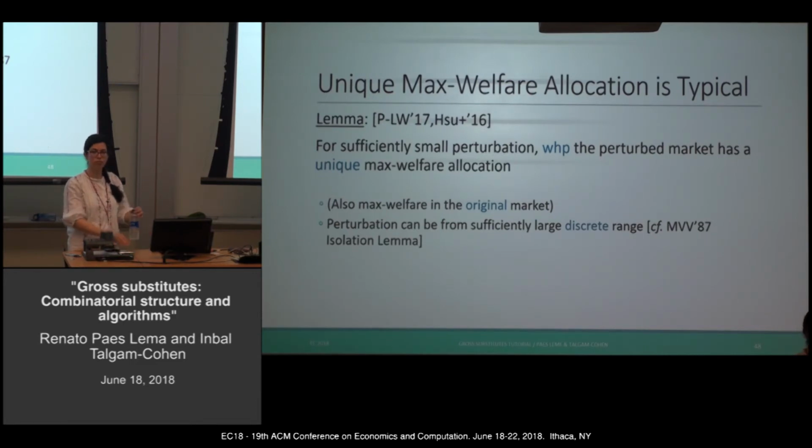I don't believe that actual value is hugely precise. So do you think this is convincing or not convincing? Someone not, because it can work both ways. What I'm trying to say is that if you don't believe that the valuations are very precise, you believe they're in some sense generic, perturbed, or whatever, then the equilibrium, the welfare maximizing allocation, will be unique. Or are you saying we won't see gross substitutes markets ever? Which is great because this is what I'm going to talk about now.